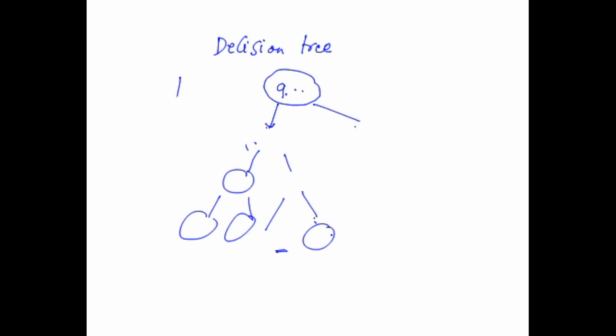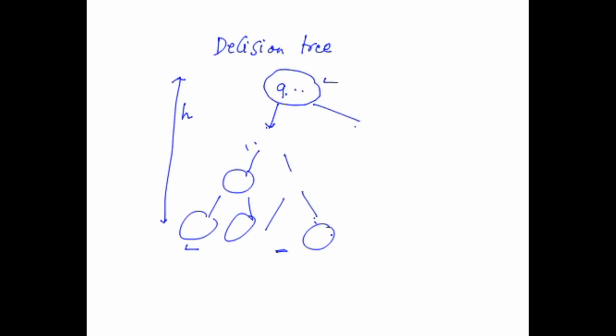What is important here is to notice that the height of the tree is h. In the worst case, you have to start at the root node, and you get the sorted sequence only when you reach the leaf node. So the number of comparisons we end up doing is exactly equal to the height of the tree. In the worst case, the number of comparisons done by the sorting algorithm is exactly equal to the height of the tree.